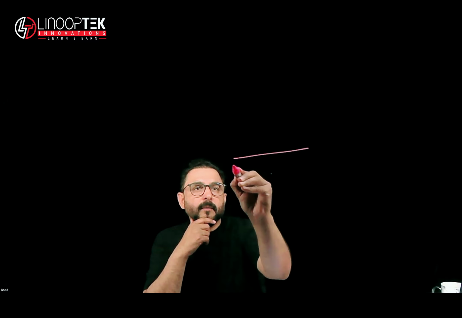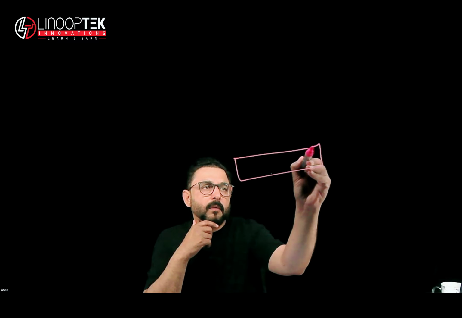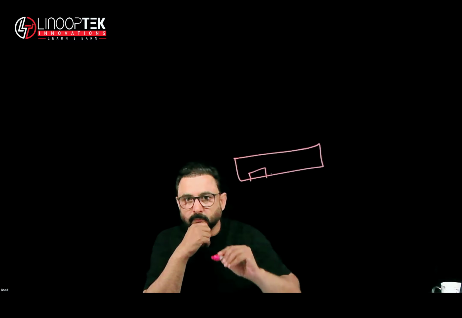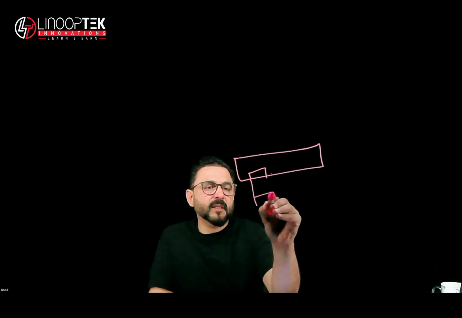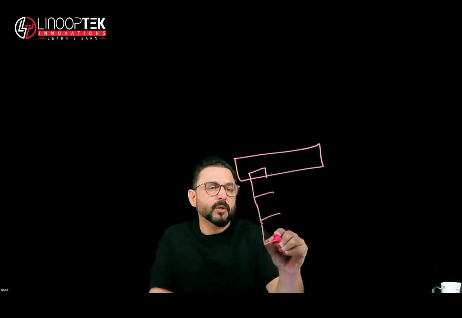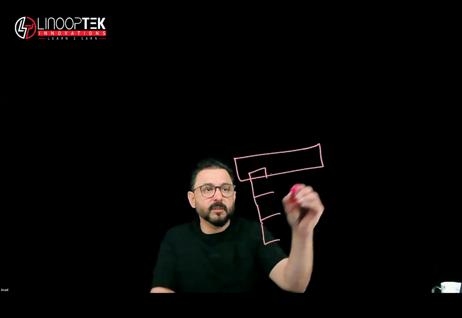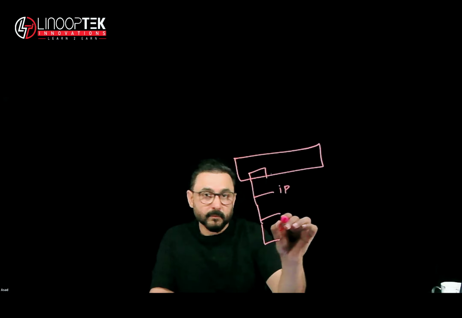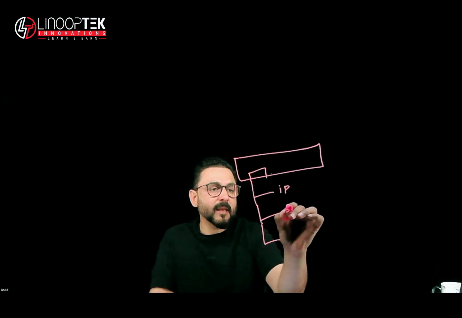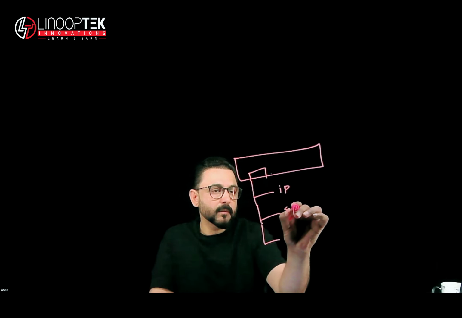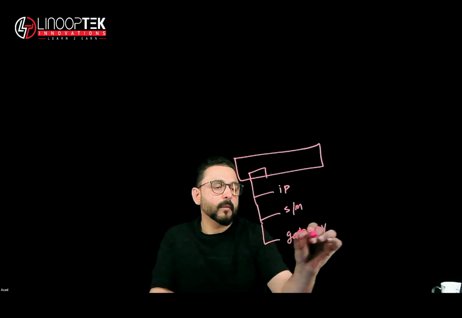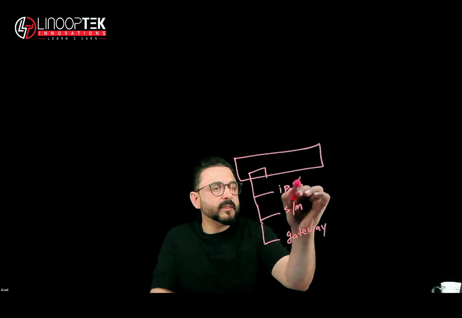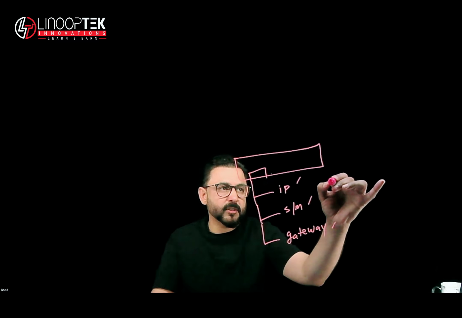So now you have a server over here, a machine. It has a network card, right? And this network card needs some basic information for this machine to connect to other machines. It needs an IP address, we talked about it. It needs a subnet mask, and it needs a gateway. If you have all of these things, which is called the network configuration,